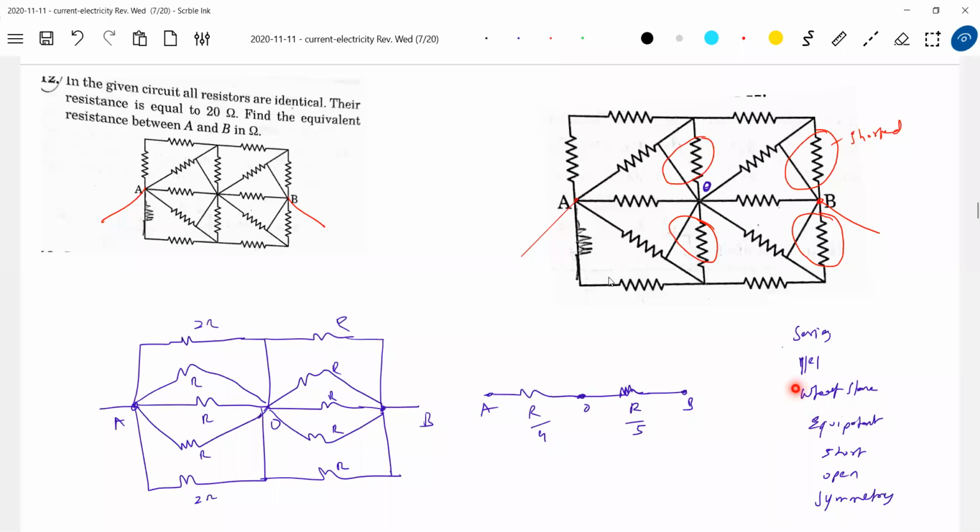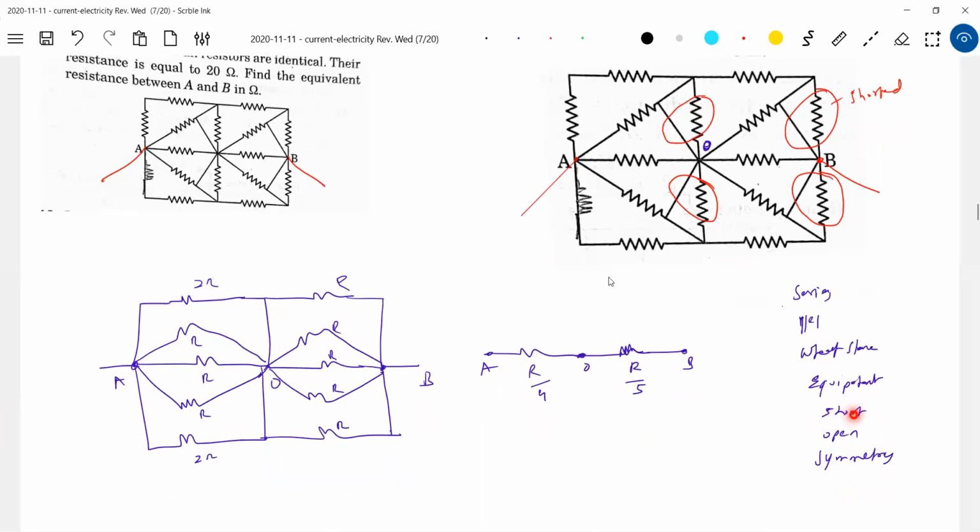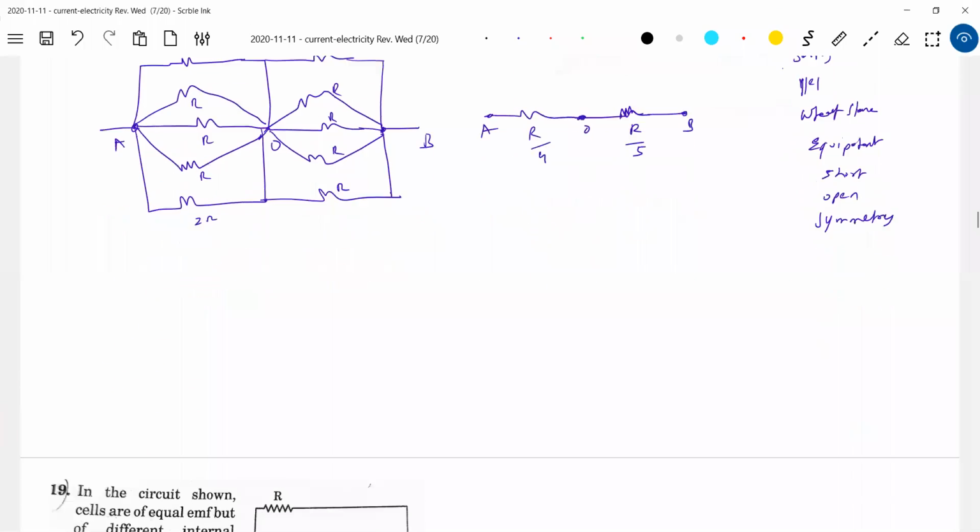So I suggest on Friday you put effort on equivalent circuits. First focus on series, parallel, Wheatstone network, post office box, meter bridge, ammeter, voltmeter, Ohm's law, KCL, KVL, nodal analysis. On Friday, put in some effort so that you need not waste so much time on these things. Short circuit, open circuit, very easy, no problem. But the symmetry problems, you can give last priority.